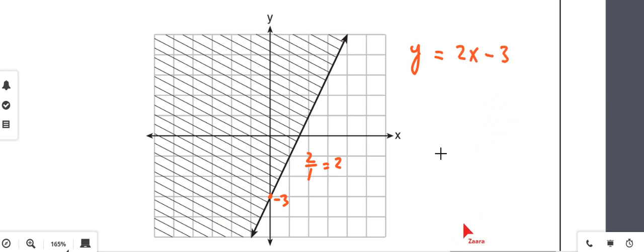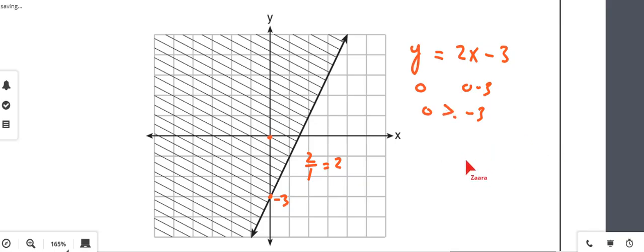Is it clear? Now let's take the test point. If I take this as my test point, 0, 0, then 0 is 0 minus 3. I have to make the inequality so that it remains true, because it is shaded towards the test point. So it would be true if